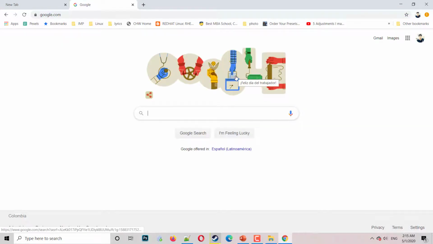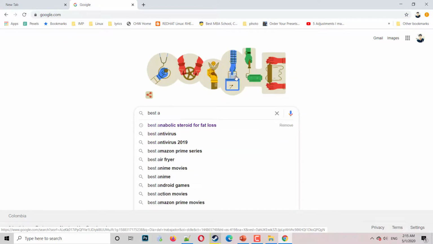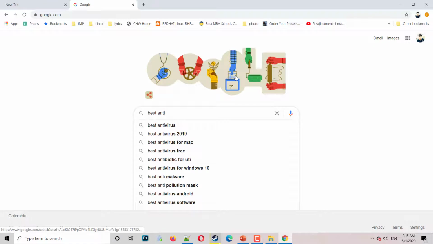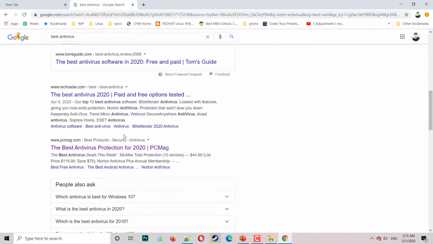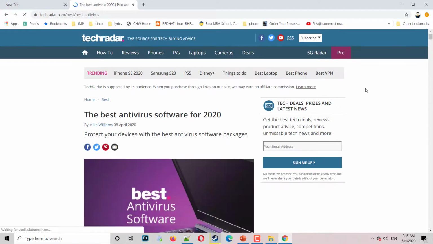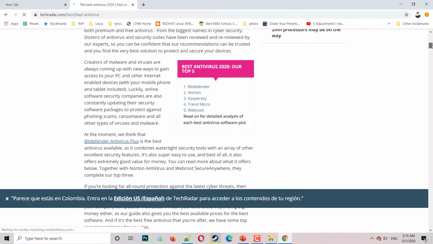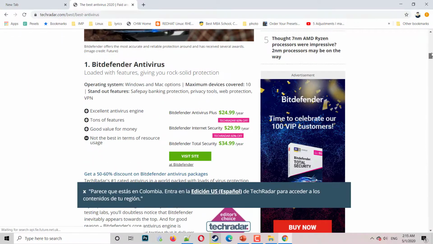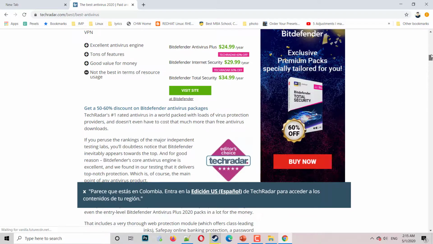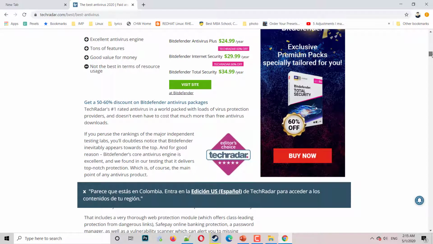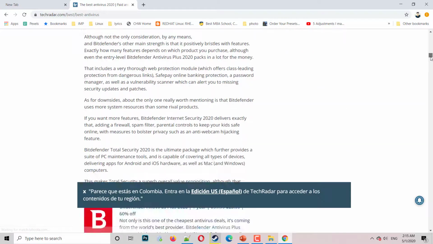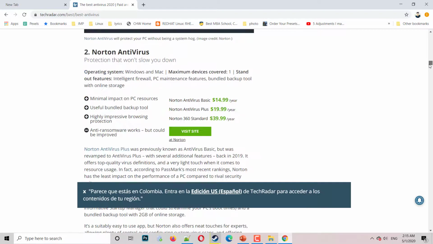So if you go to best antivirus, there are free antivirus as well. Let's go to TechRadar this time. If you find the list of the best antivirus, they are a bit different, and nowadays they are considerably cheap. You can find a 1 year license for $25, and there are certain free antivirus as well.